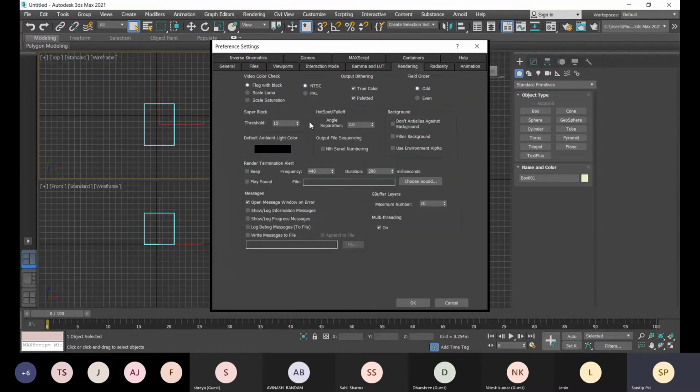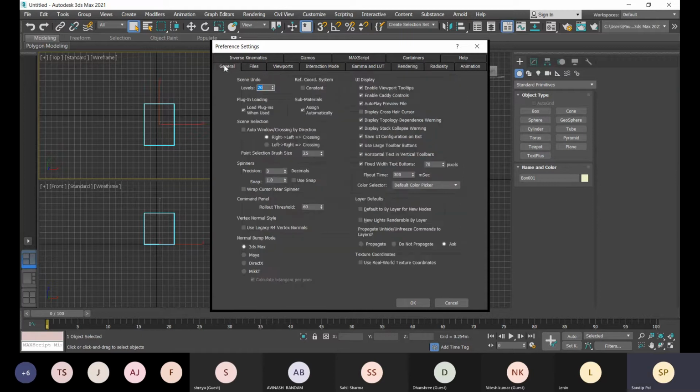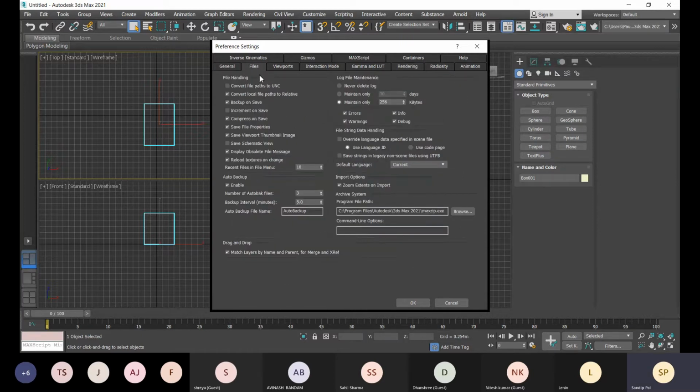Rendering options we don't have to look into right now. What we have to look into right now is the files.